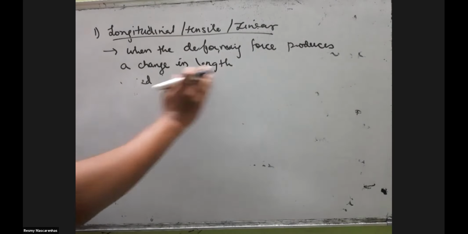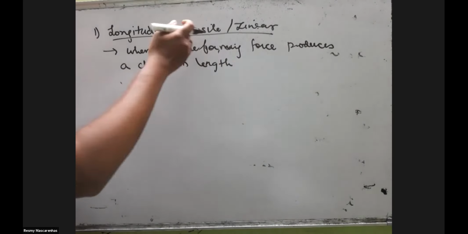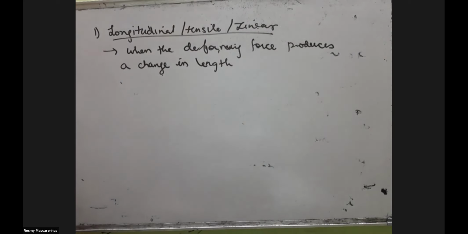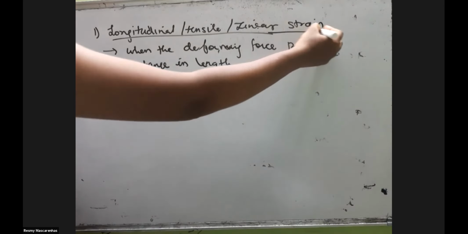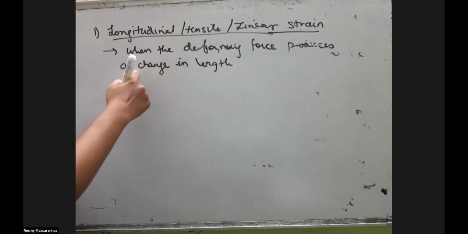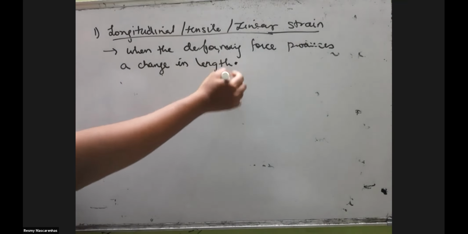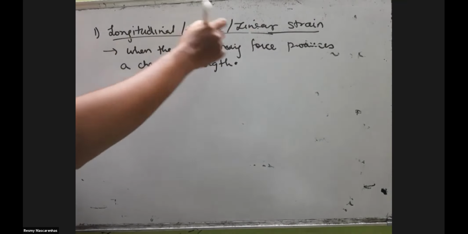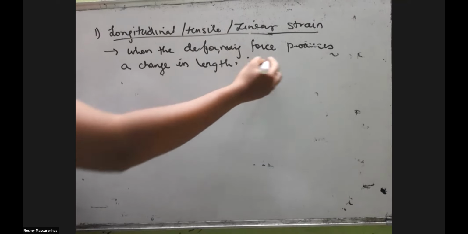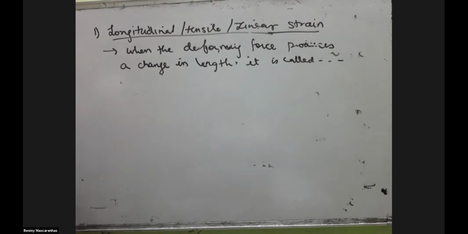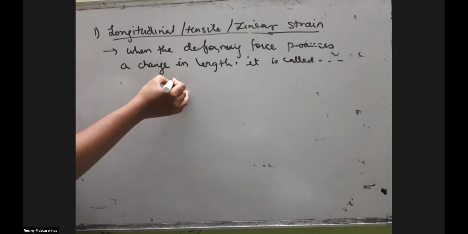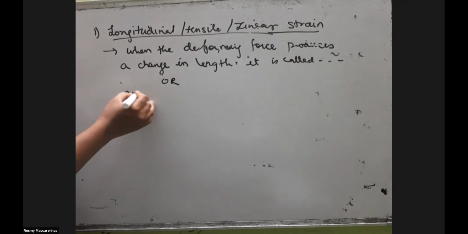That same thing it is. No need to write. The strain is called longitudinal strain. When the deforming force produces a change in the length, it is called the same, or you can say it is the ratio